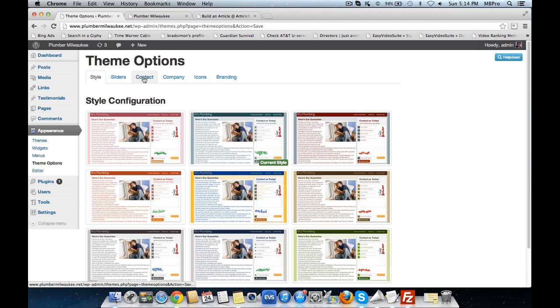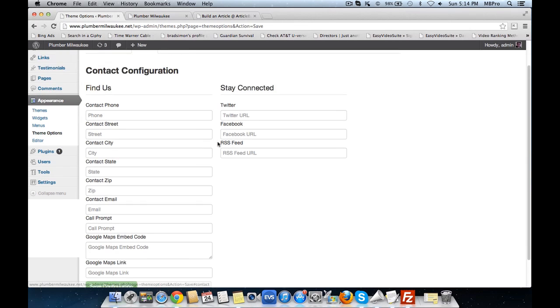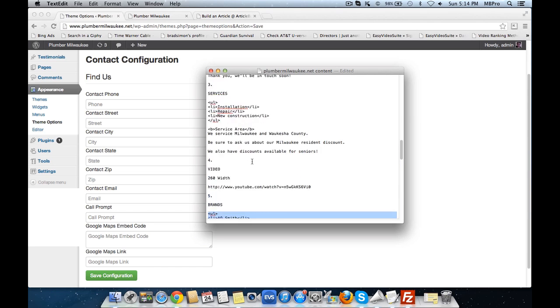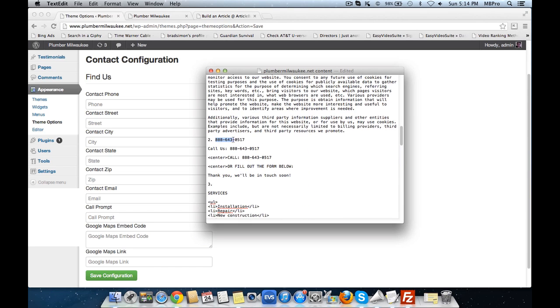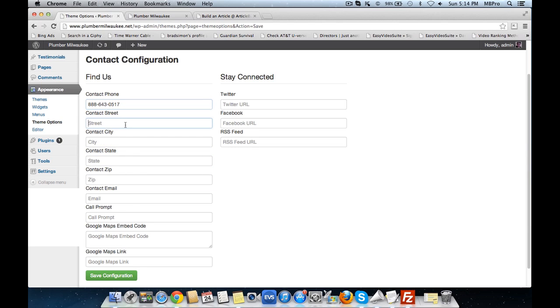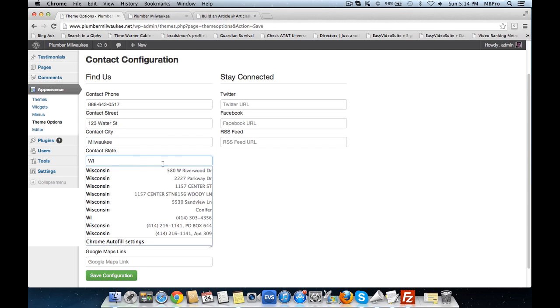We're good to go. So now we're going to go to the contact page, and this is where you're going to enter in all of your company's information. So I'm going to start with the phone number, and we'll enter in the street address. So 2123 Water Street, City Milwaukee, State Wisconsin,